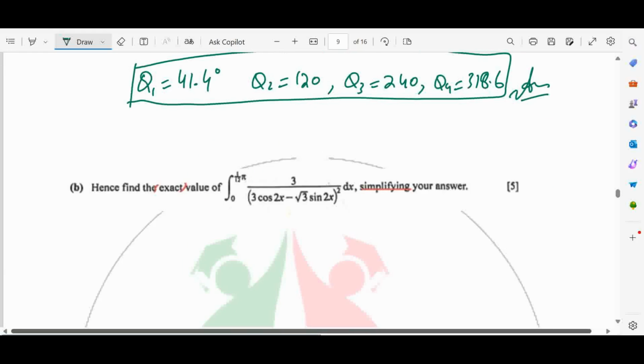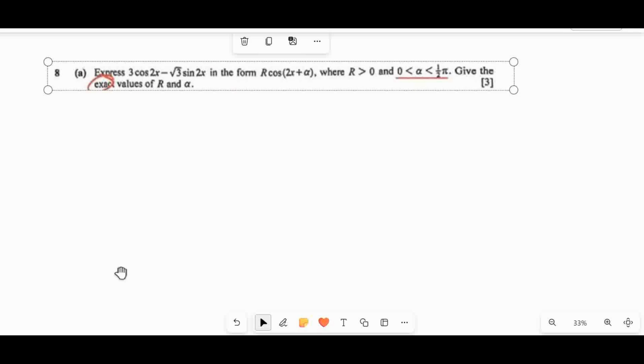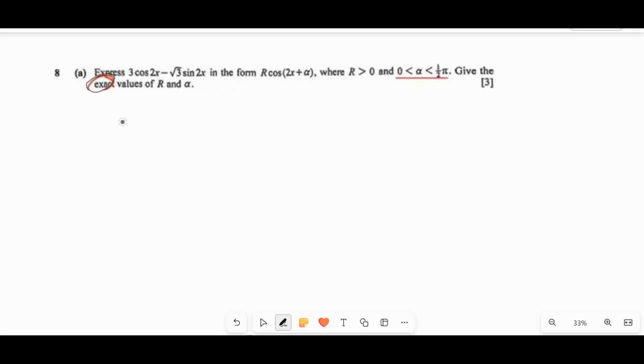I think the A part is missing. Now this one is question number 8. It was missing in that PDF, so that is why we are using the picture over here. Now in this one we can see, express this in the form given. So what we have to do is